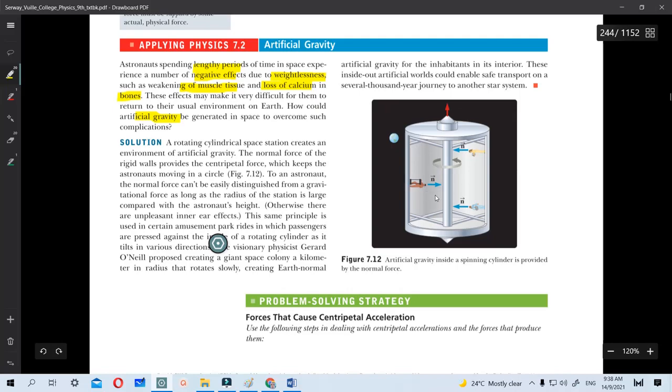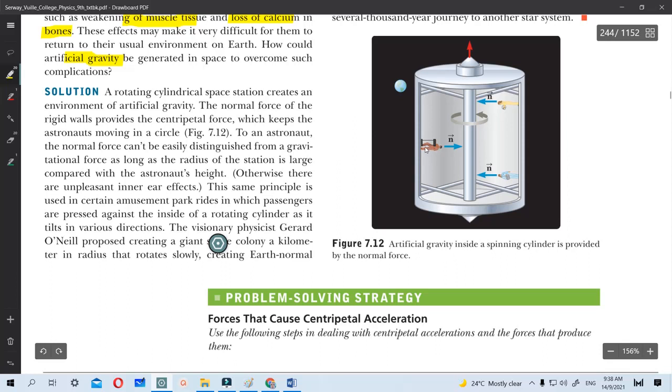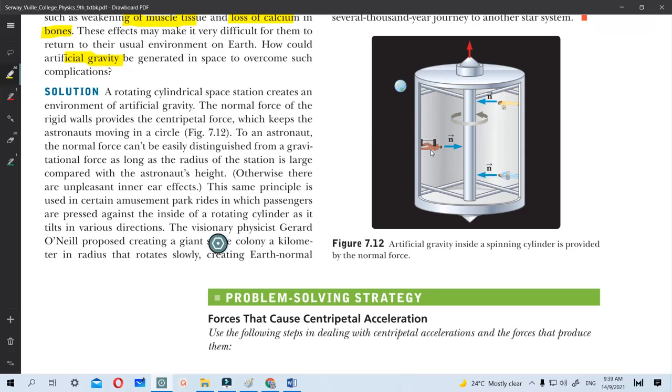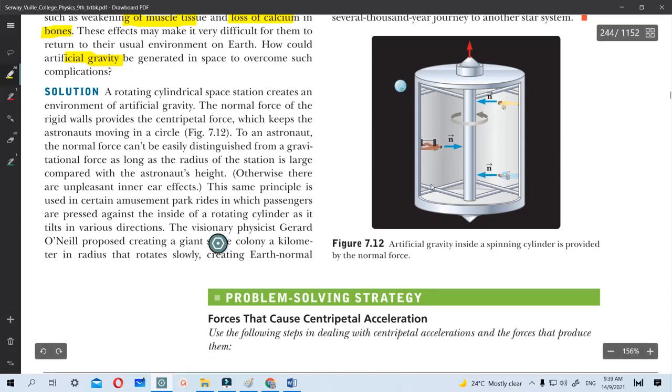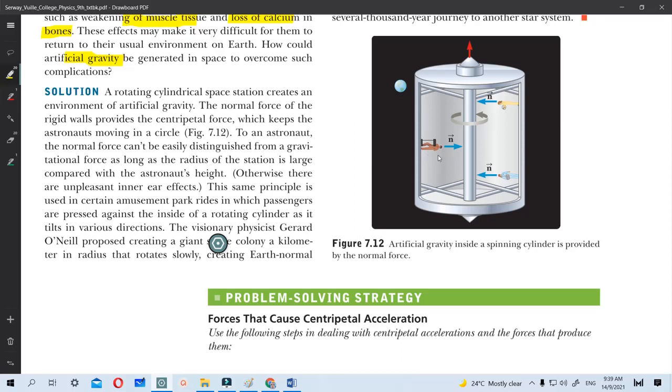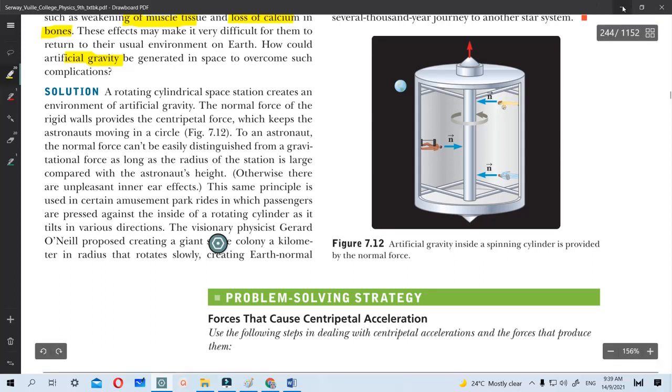As you can see in this figure, the astronaut will be pressed onto the inner vertical wall, and the pressing is equivalent to what you simply call the normal force. They will arrange it so that the normal force is equivalent to the value of the gravitational force. So they will manipulate the spinning speed so that the normal force is just equivalent to the gravitational force. In this case, if I can jot down,